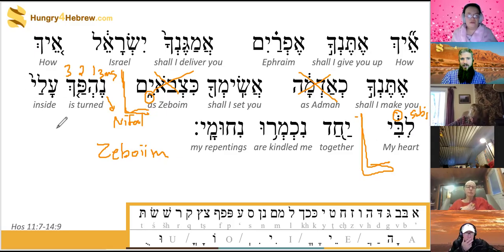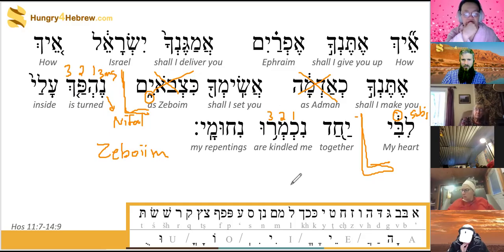I wonder if this is like rolling over in one's grave? I mean, is this an expression? You know, my heart is flipping over within me, or upon me, or something like that. I don't know. "Yachad," together, "nichmeru." Kemer. I'm sorry. I'm thinking of kemer as having a different meaning. Anyway, it's a nifal,